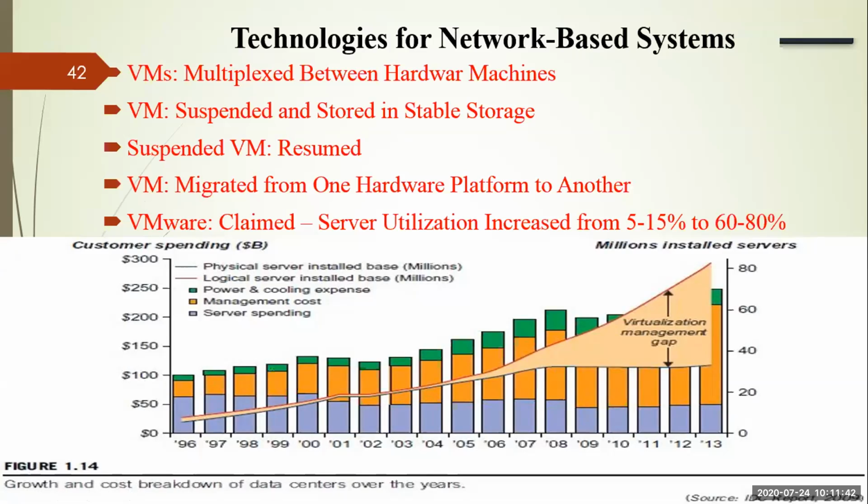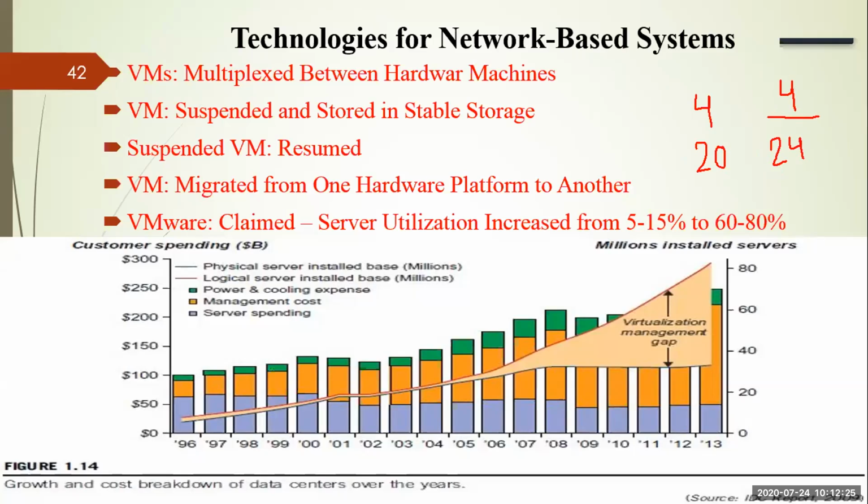Now, if you compare the utilization of virtual machines with physical machines, in terms of server utilization, you will find that for physical machines it is only 5 to 15%. Because for example, if you see your desktop or laptop, you are not using it for 24 hours, right? You are only using it, let's say, 4 hours per day. So the rest 20 hours, the system is completely idle. If I ask what the utilization is, you will say 4 by 24, right? This multiplied by 100, you will get in percentage, right?